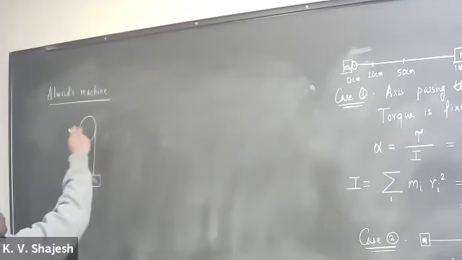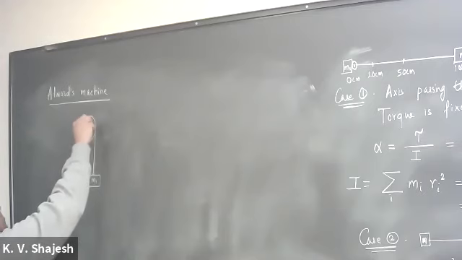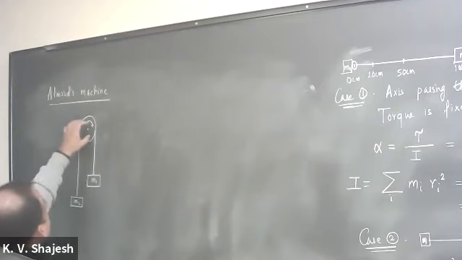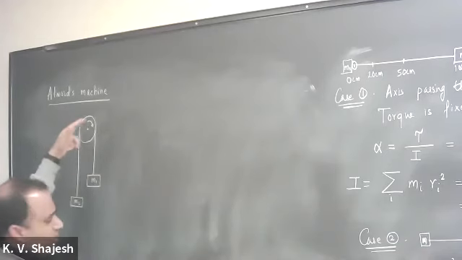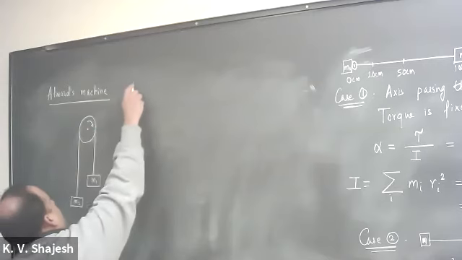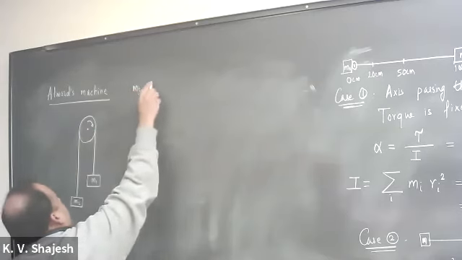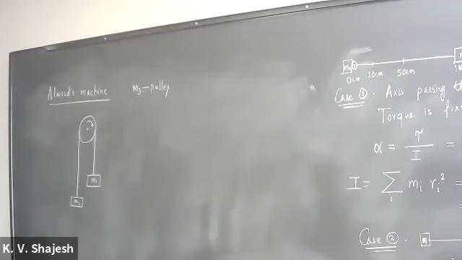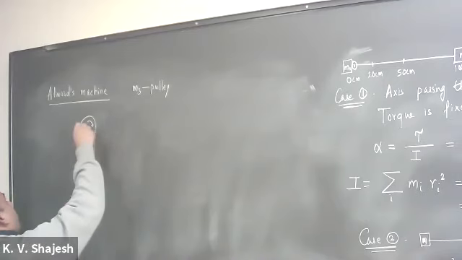And now we say there is a pulley that can actually rotate. At that time, while we were doing linear motion, we did not want to complicate our understanding with this rotational motion. So we said the mass of this pulley was 0. That means even if it was 0, that was not really significant as far as the analysis went. But now we say there is a mass of the pulley, m3 is the pulley, and there is a radius r also associated with it. So let's say that's radius r.